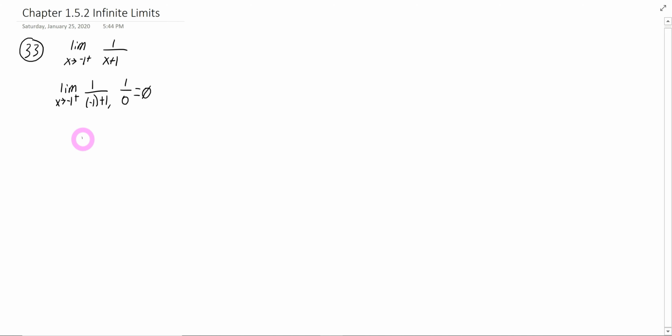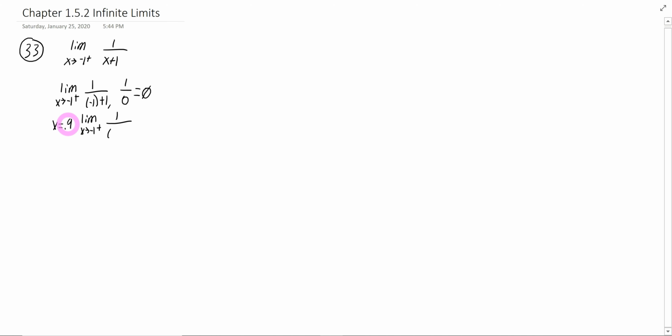So instead, we're going to plug in values for this variable x that are close to -1 to the right. What that means is we're going to look at values that are slightly greater than -1. So the first value that I want to select is x equals -0.9. In doing this, we're going to carry out the same operation as we did previously. So we're going to get the limit as x goes to -1 from the right of 1 over